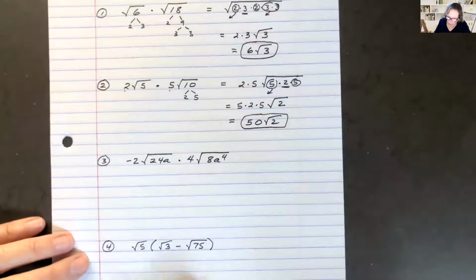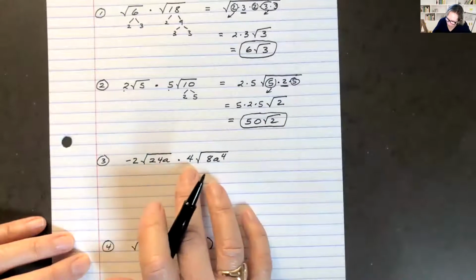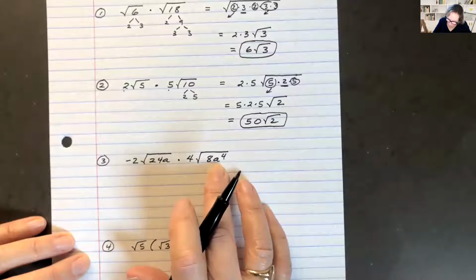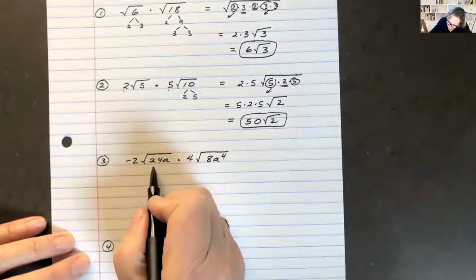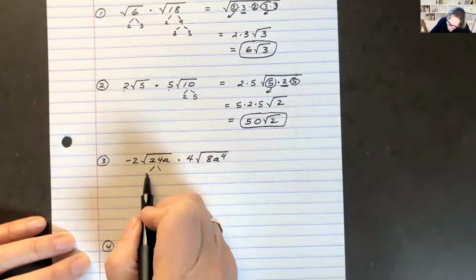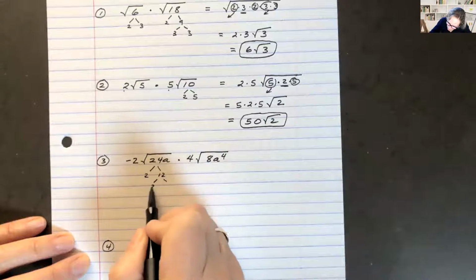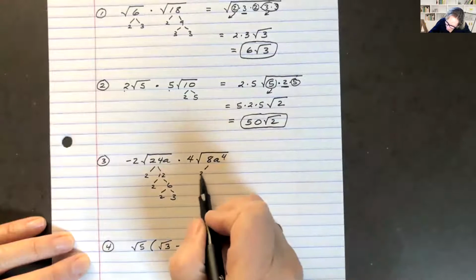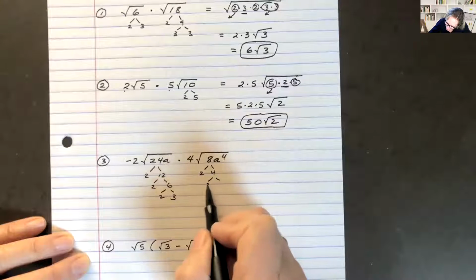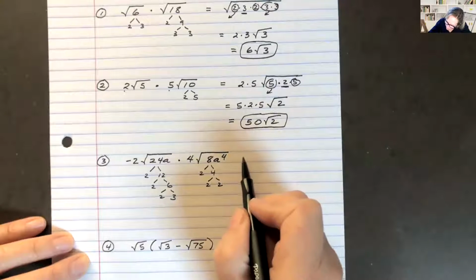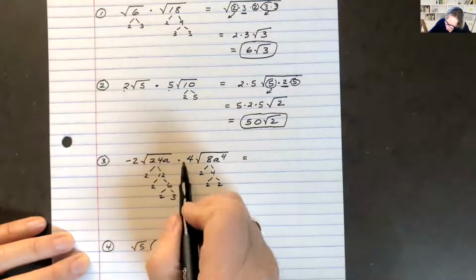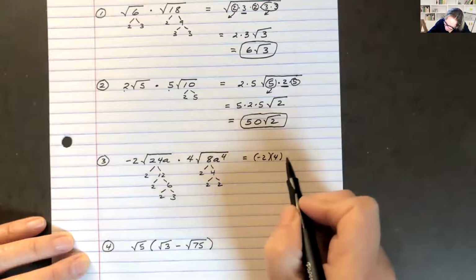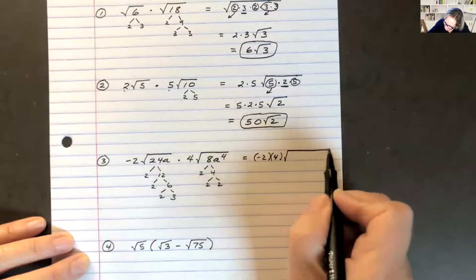With this third one, negative 2 times the square root of 24a times 4 times the square root of 8a to the 4th. So let's see here. Let's break down the 24. This is 2 times 12, which is 2 times 6, 2 times 3. And 8 is 2 times 4, which is 2 times 2. So I'm going to have a negative 2 times a 4 on the outside times the square root of, and I'm going to have